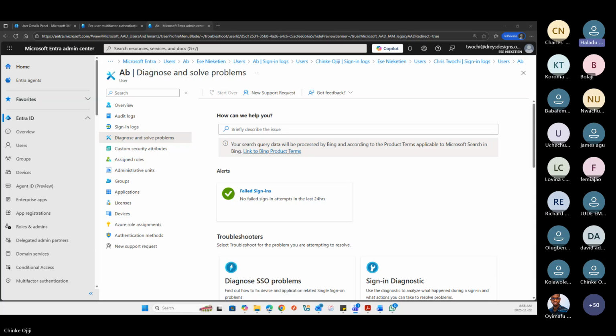You don't use your personal VPN for a company. A company usually sets up their VPN for you. Different companies have their own VPN setups, but what the VPN does is connect, or tunnel, you to the company's on-premise network so that you have a fixed IP. So your IP will never change from what they know, and your location will not change from what they know. That's what Chinke is trying to tell you. If someone is supposed to be working in the US, in Florida, and is showing Lagos, Nigeria, definitely it's a compromise.